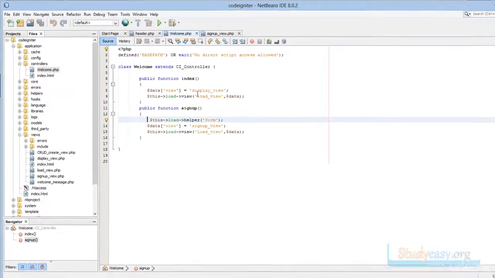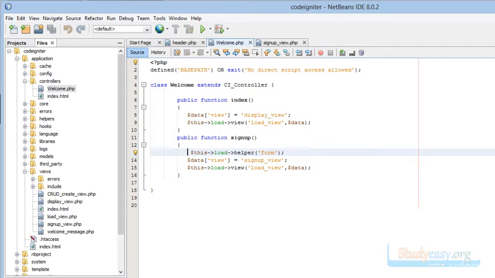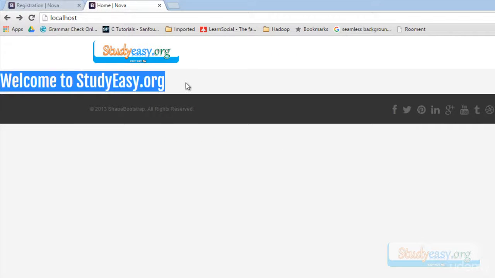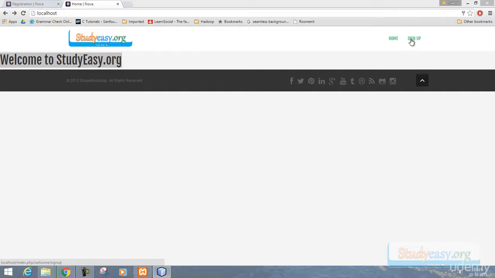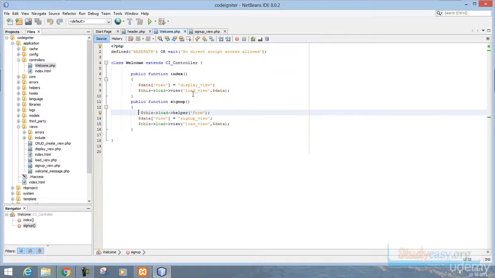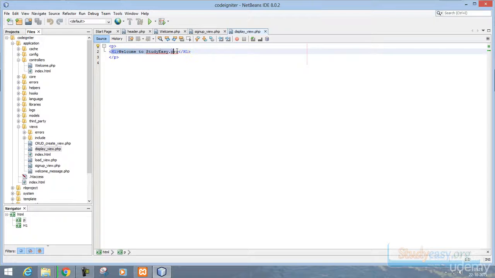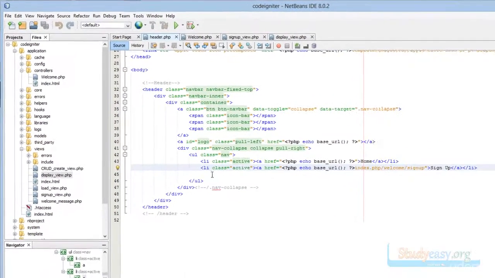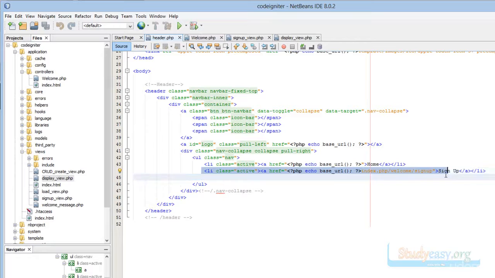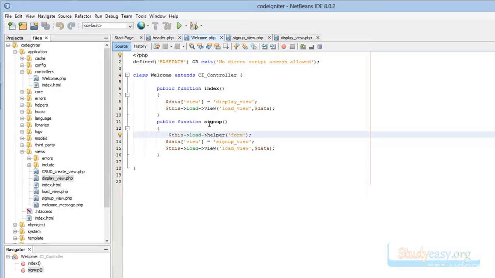First of all, I have made change in display view using which I am displaying this text welcome to studyeasy.org, and I have also added one navigation. So this display underscore view file is updated. Here we have this heading 1 text, and we have also edited header.php by adding one new link for sign up function. We have also added sign up function